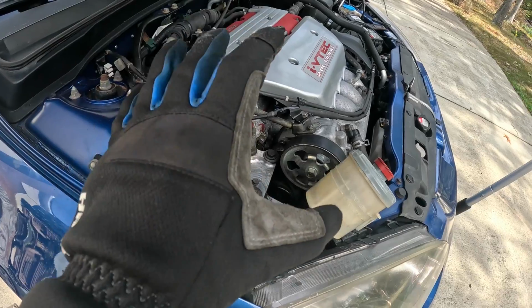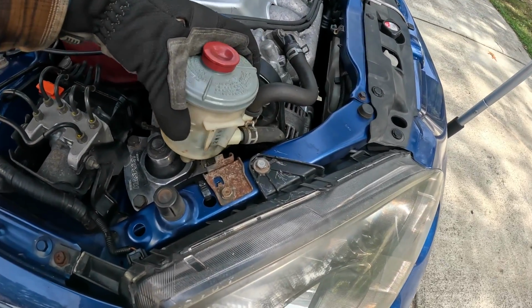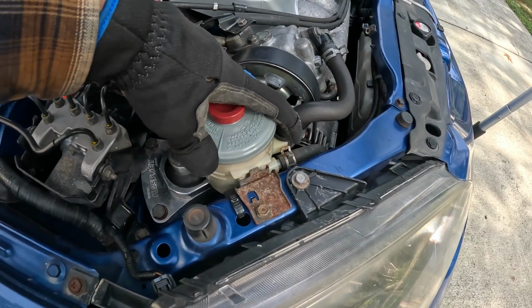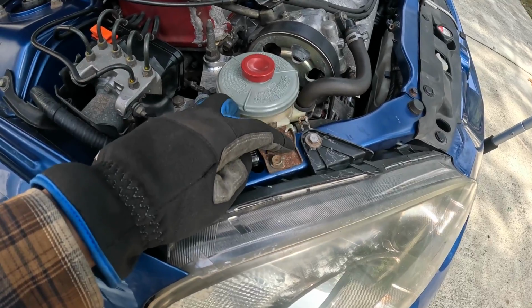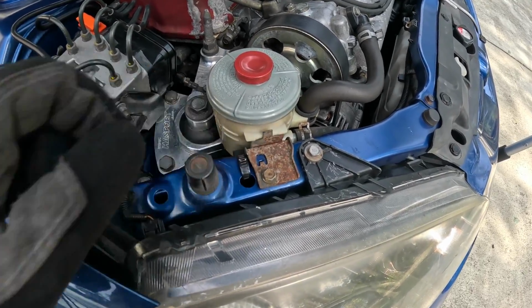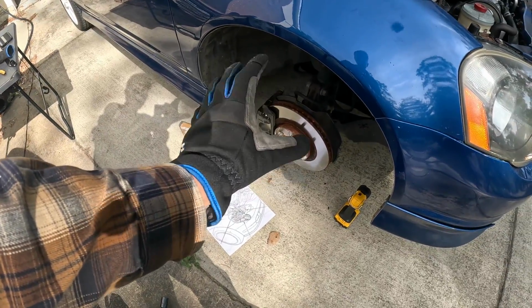All right, so I believe we're all successful here. Let's go ahead, put back the reservoir for the power steering, and that just basically pushes down and clips. Probably have to get a replacement piece right here, a little surface rust, so I'll add that to the junkyard list. And then we'll go ahead, take our wheel and tire, mount it back on the car,